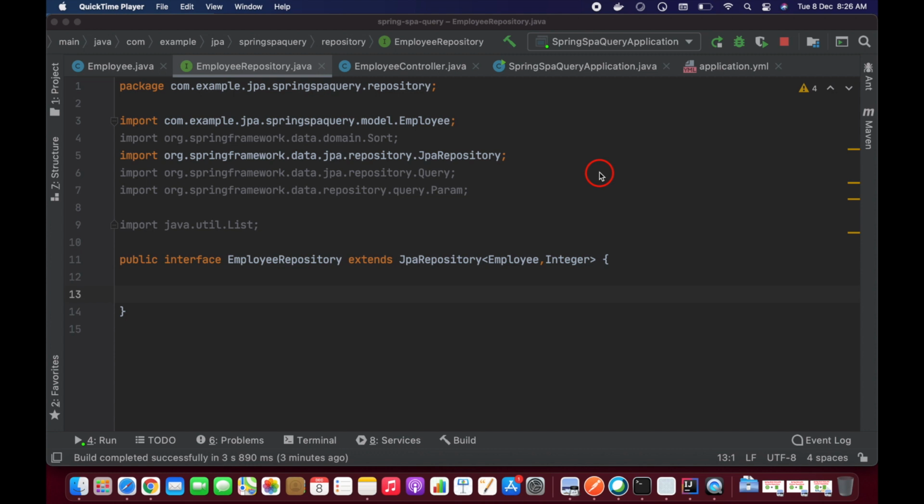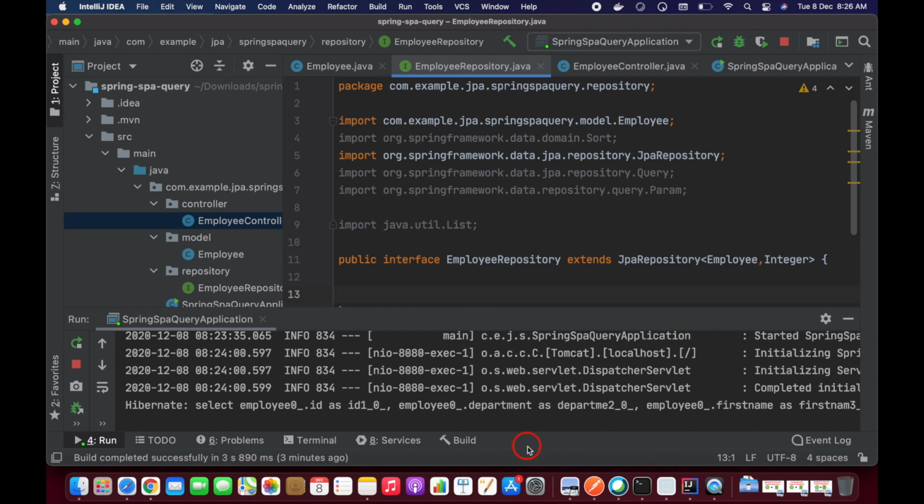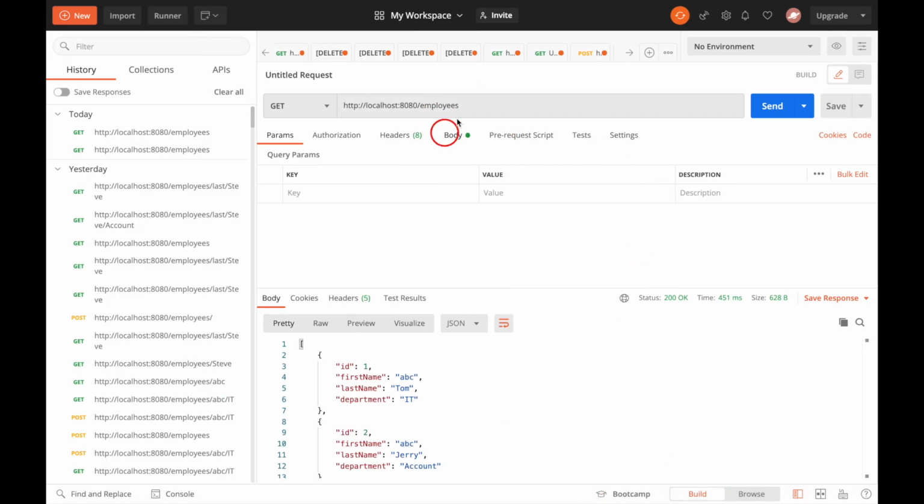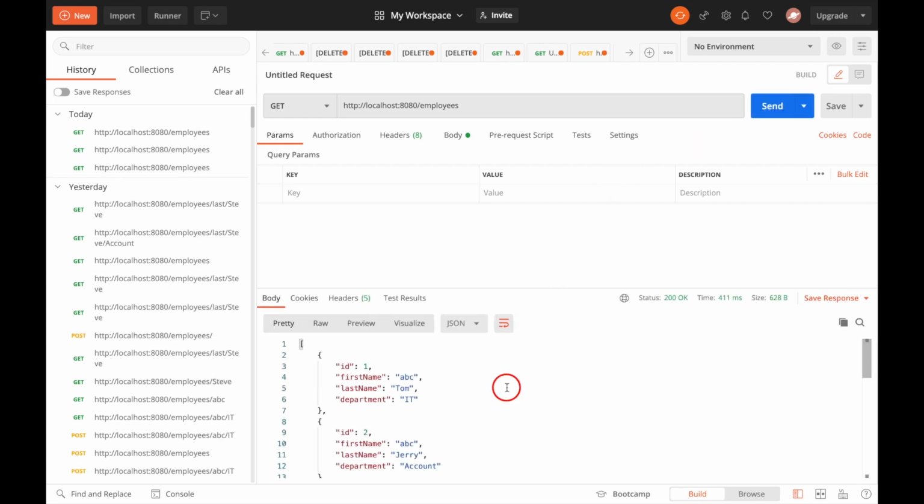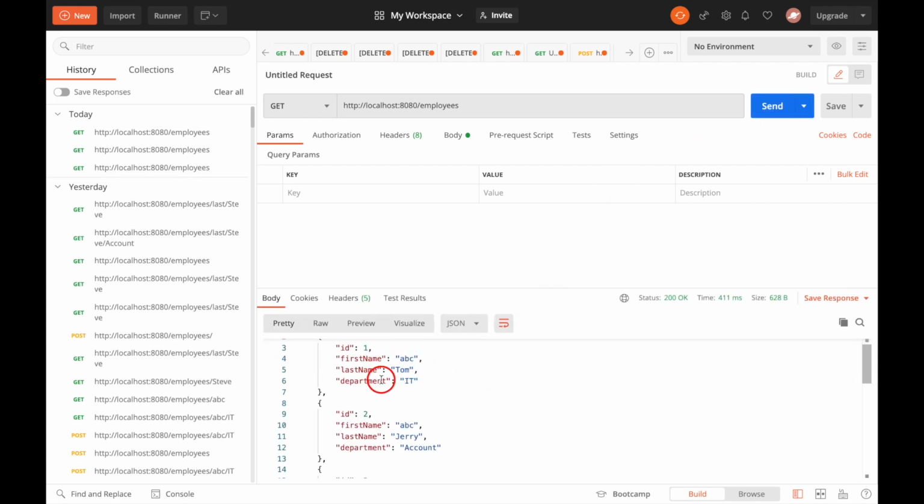So here I have some data. This application is returning some data, so let me show you. I have some employee data here, and I'm just getting the data. I have first name, last name and department.